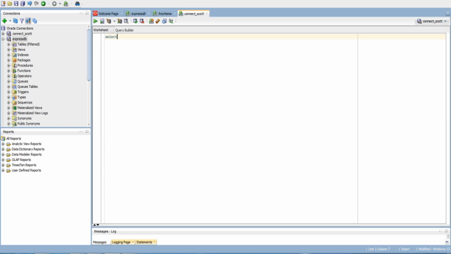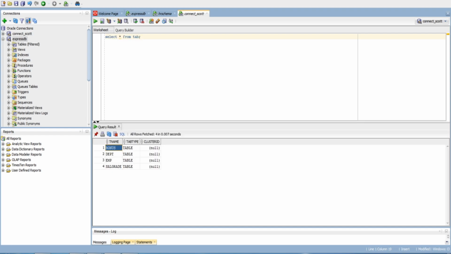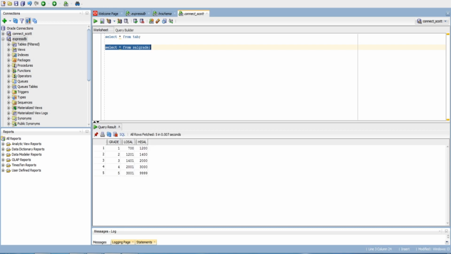In the same way, try select star from keyword tab. Run. You got your bonus, DEPT, EMP, salary. You can write multiple queries as well, such as select star from salary. Select, highlight, run it. Got your salary table records.